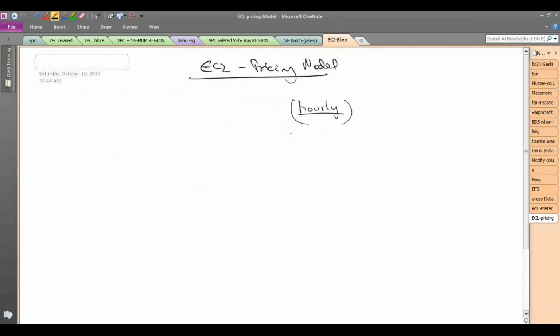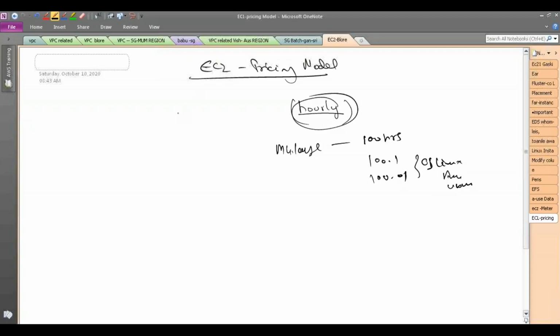Okay? So if you look at your bill, it will say you used, say, M4 large for some, say, 100 hours, and you will be billed accordingly, right? So Windows is billed hourly, and open source Linux will be in seconds, but your bill will still say 100 in hours. It will say something like 100.1 or 100.01 for open source Linux distributions like Amazon Linux and Ubuntu, right? But still, it is billed. So now the question is, how much is it billed for, right? How are you billed,